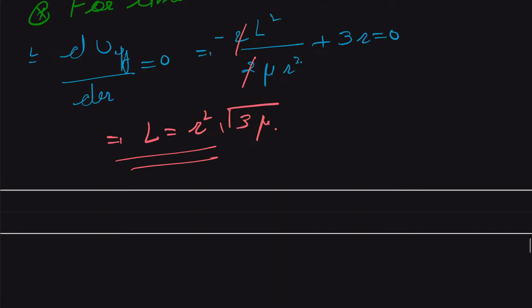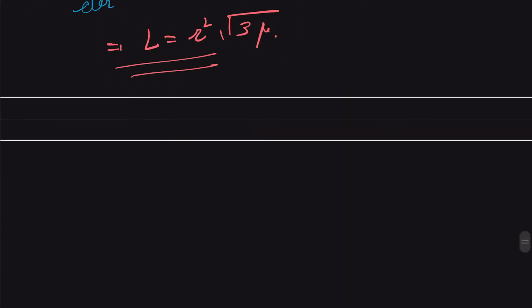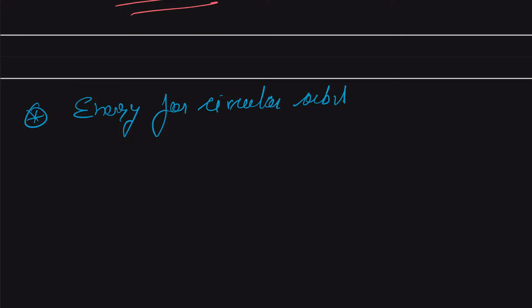This is our angular momentum for a circular path. Similarly, we can find out the energy for our circular orbit. Energy for circular orbit, and we just said that the radial distance first derivative will be equal to 0, and therefore we can say that our total energy E will be equal to our